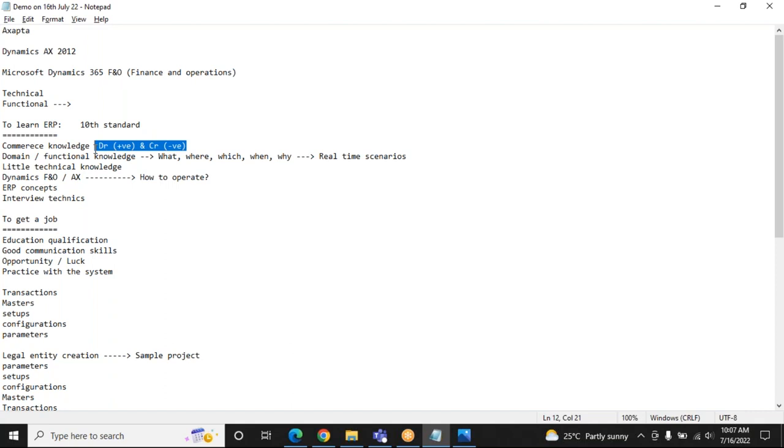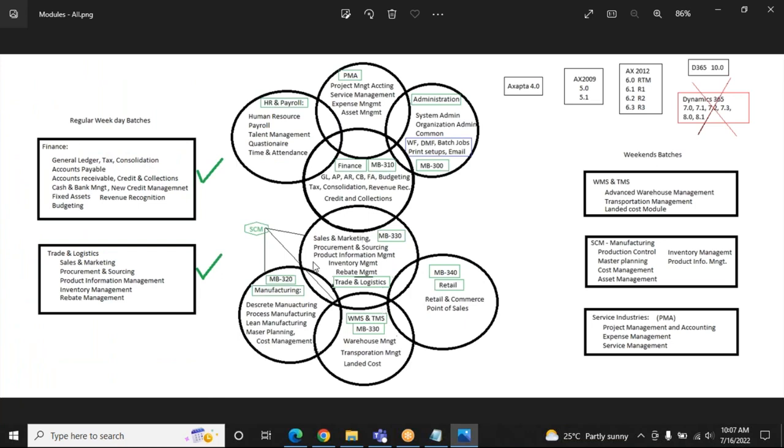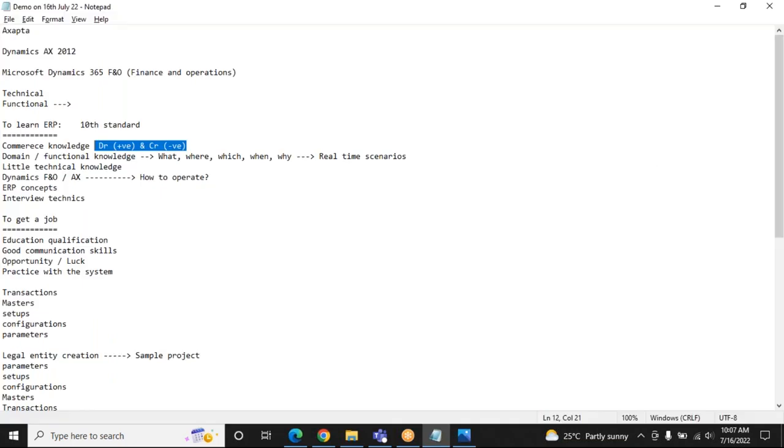If you are not from a commerce background, suppose you are a BTech graduate and you don't know positive and negative, you are confusing a lot about them, then I cannot teach you finance. Then only you can go for P&L. Got my point? If you are clear, anyhow, I will teach. But fundamentally, whenever you see an elephant,